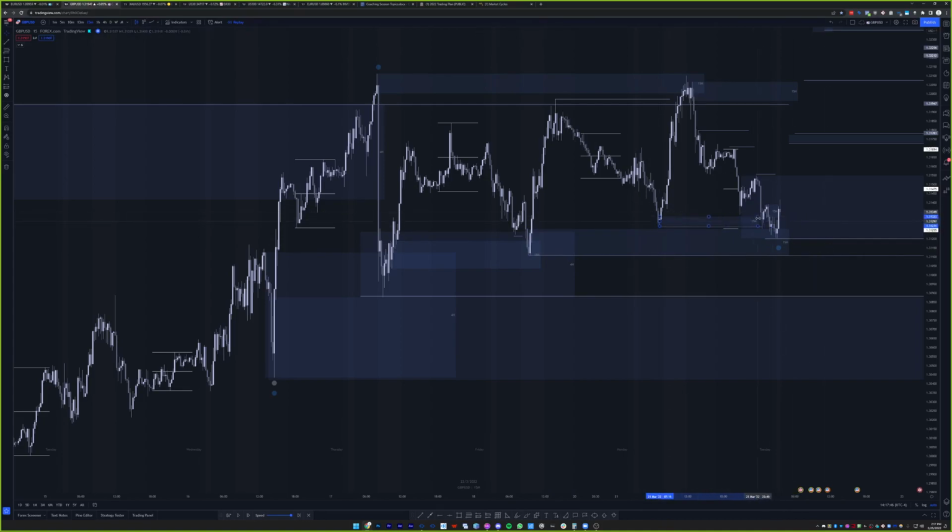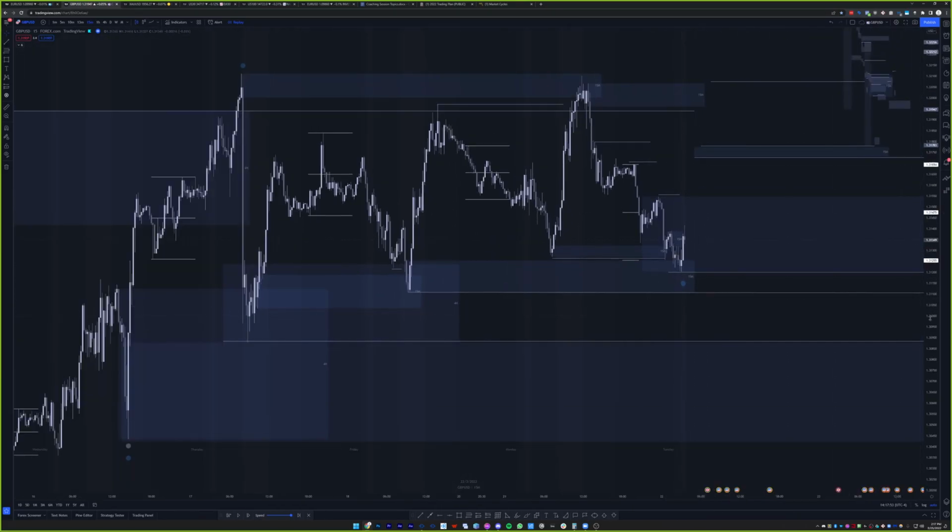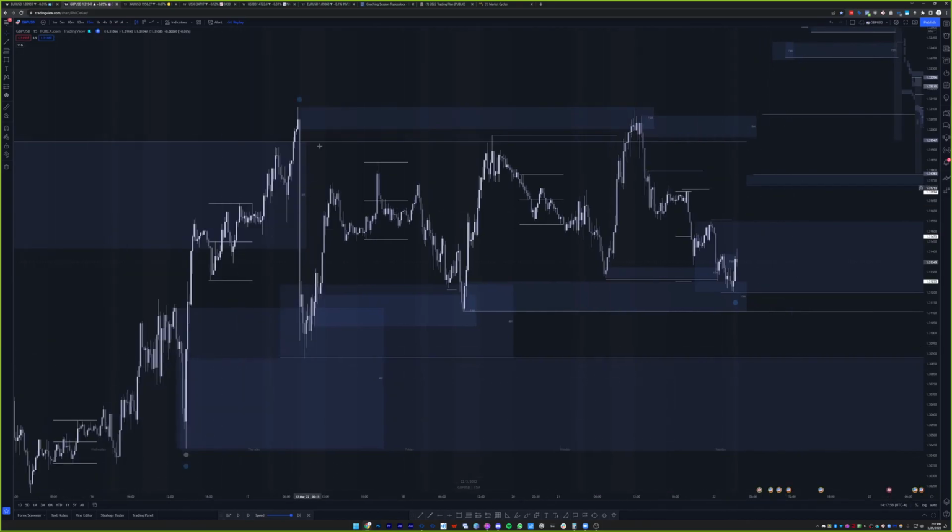And okay, we know it's inducement in hindsight, but how do we know that price is not going to continue to take these lows out, right? So that's what you're trading against. So just be aware of that, as much as you're trading pro trend. This doesn't matter as much as you think it does, right?